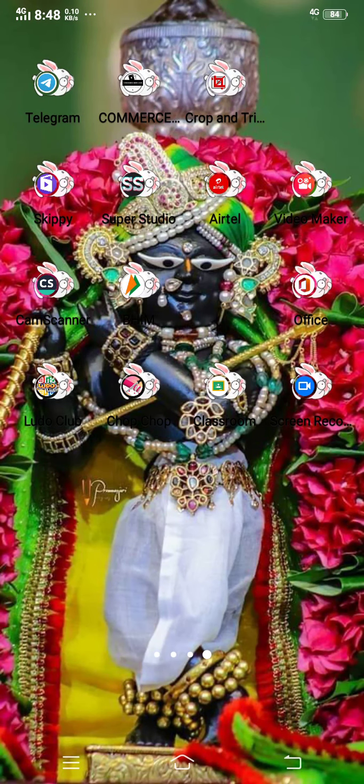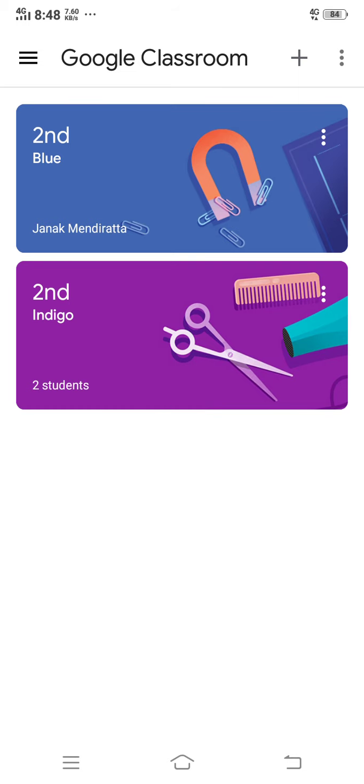Hello guys, today we are going to learn how to operate the Google Classroom app. So let's start. As you can see, there are two groups here. One of them, second blue, belongs to Janak ma'am, and second indigo belongs to my group. So what you need to do is open the app,